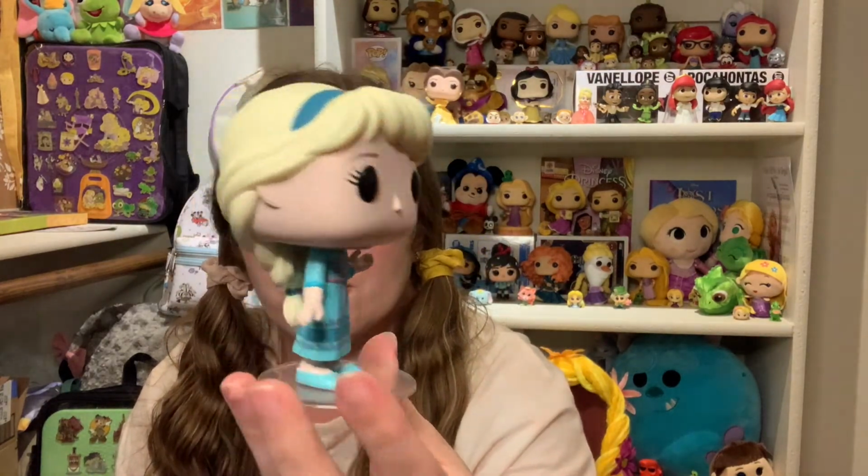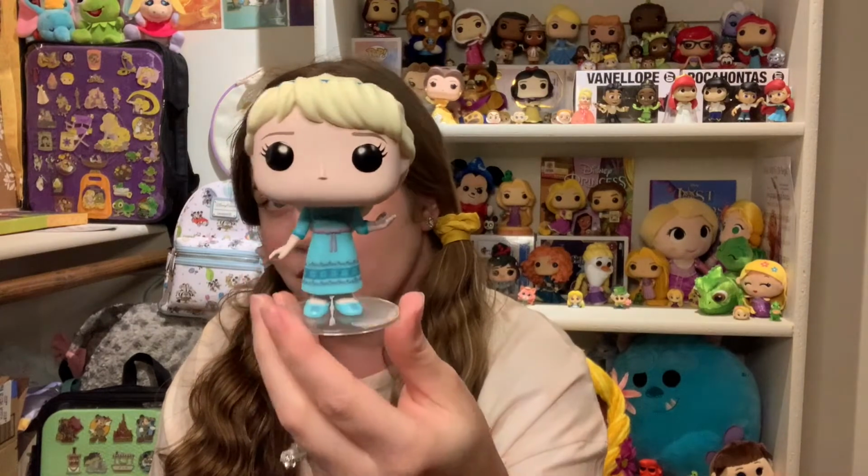And I think this is my first Elsa Funko Pop. I have like 2 different Anna ones and a bunch of Olaf ones, but no Elsa. So I'm very happy to have her now. So little young Anna and Elsa can be together because they really remind me of my 2 oldest nieces. I now have 3 nieces. Now the next one that I got was